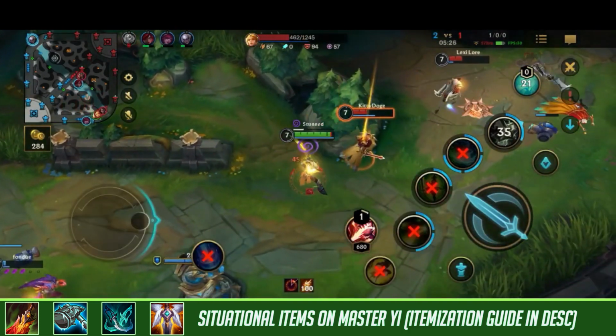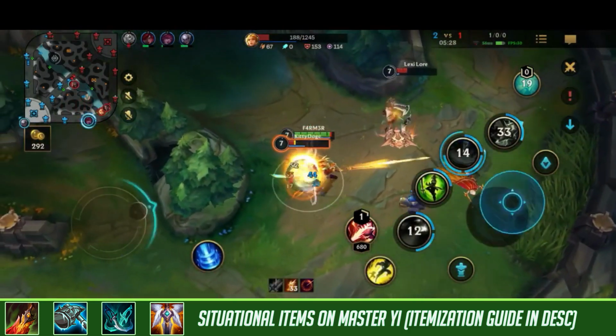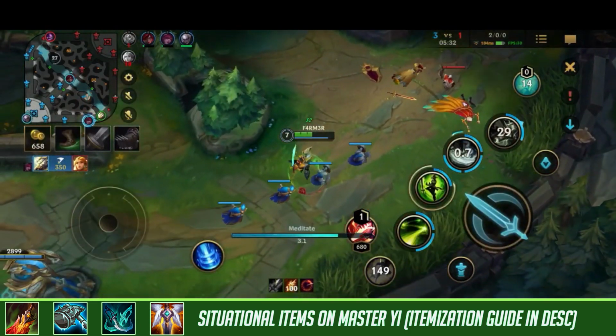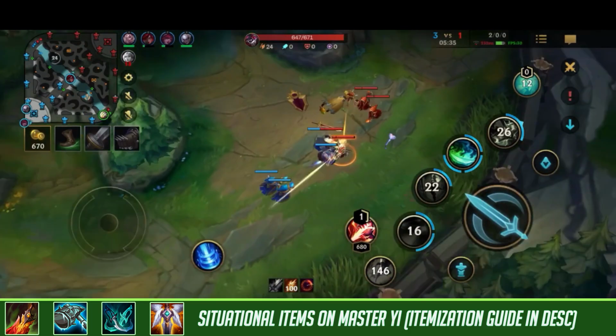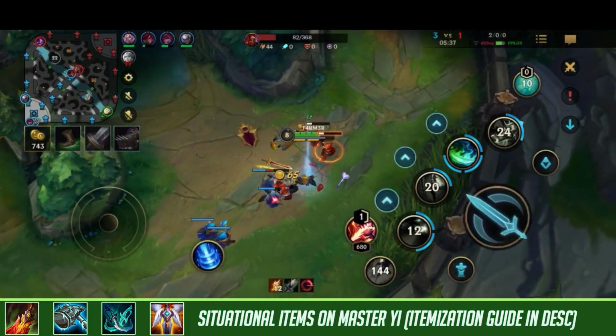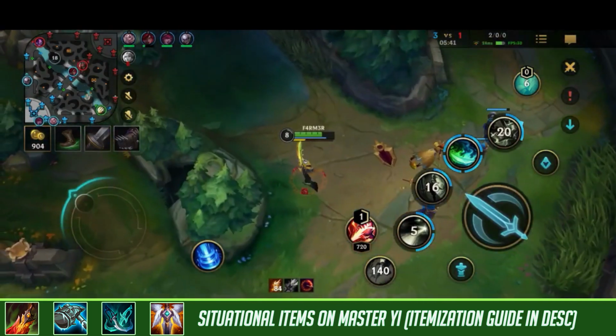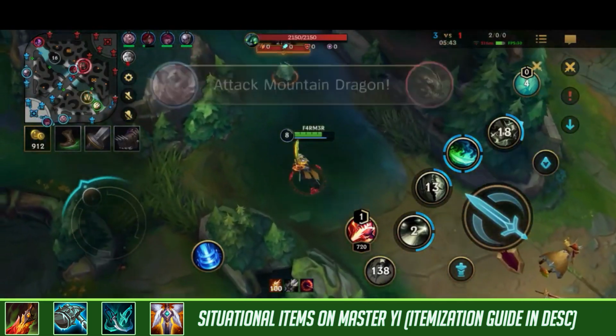So if you want to learn more about situational items and what items to build on every champion every game, because a common mistake I see with Master Yi is they want to build the same build in the same order every single game, and this is not what you want to do with a certain champion. You really want to know and understand the items so that you can be playing your champion at the maximum